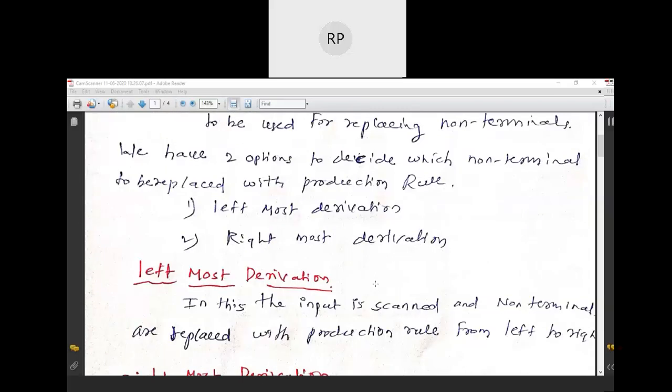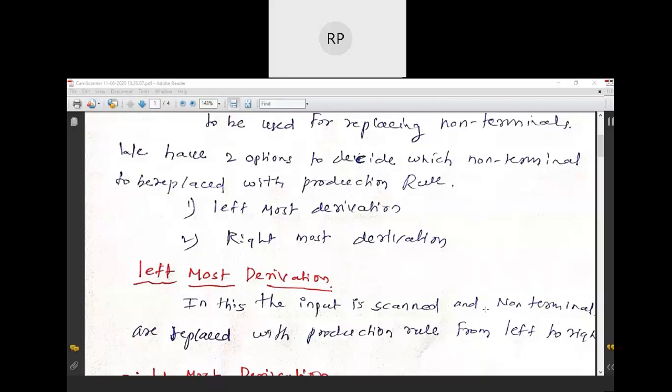In leftmost derivation, the input is going to be scanned and non-terminals are replaced with the production rule from left to right. Whichever non-terminal comes first while scanning from left to right is going to be replaced first.